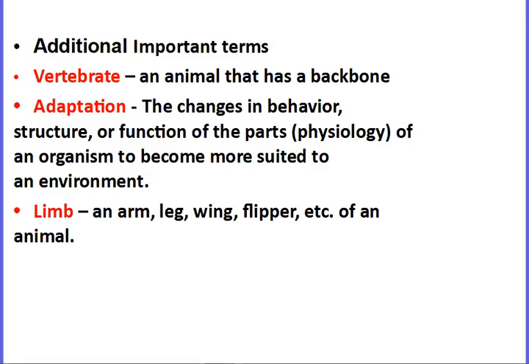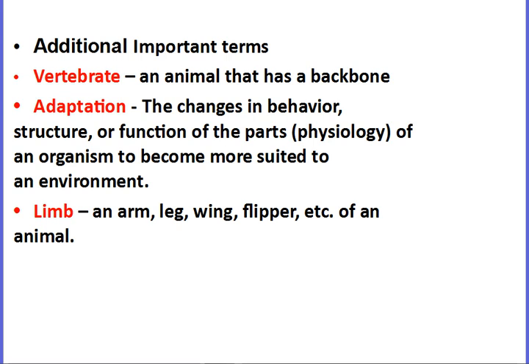Additional important terms to know that come up in this discussion of evolutionary history are vertebrate versus invertebrate. A vertebrate is any animal that has a backbone. Okay? And if it doesn't have a backbone, it's called an invertebrate. It does not have vertebrae. Adaptations are the changes in behavior or structure or function of the parts of the organism, or their physiology,